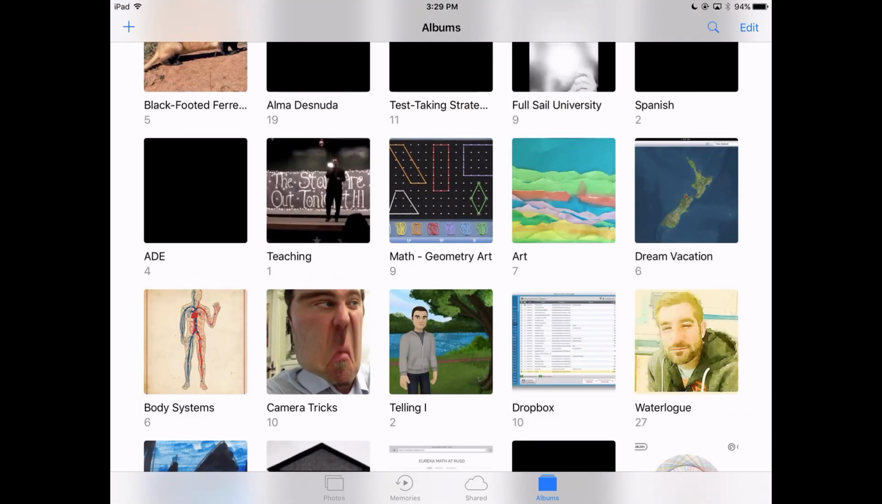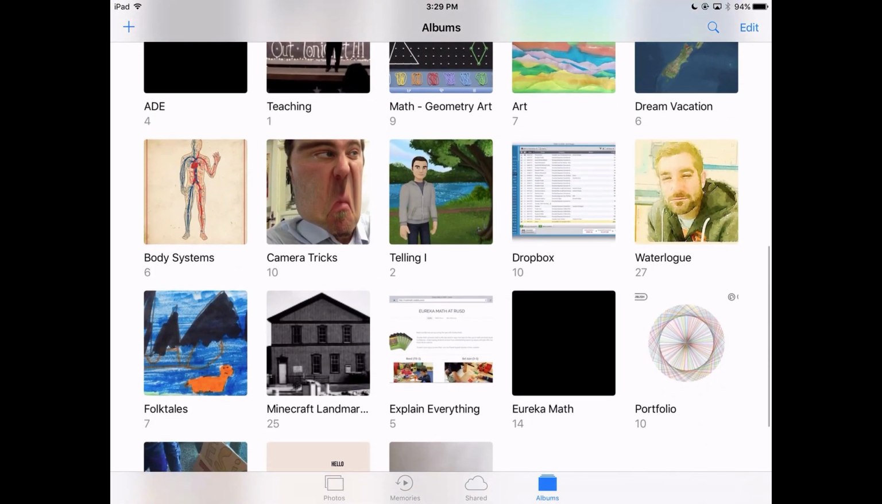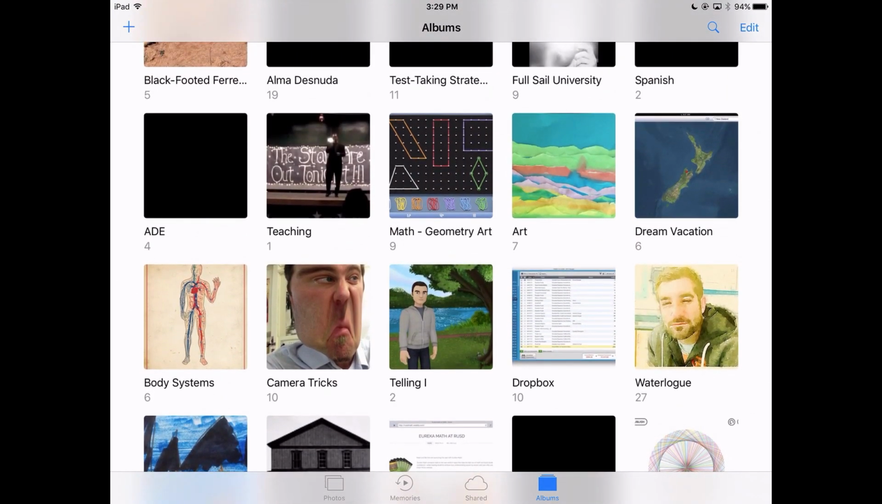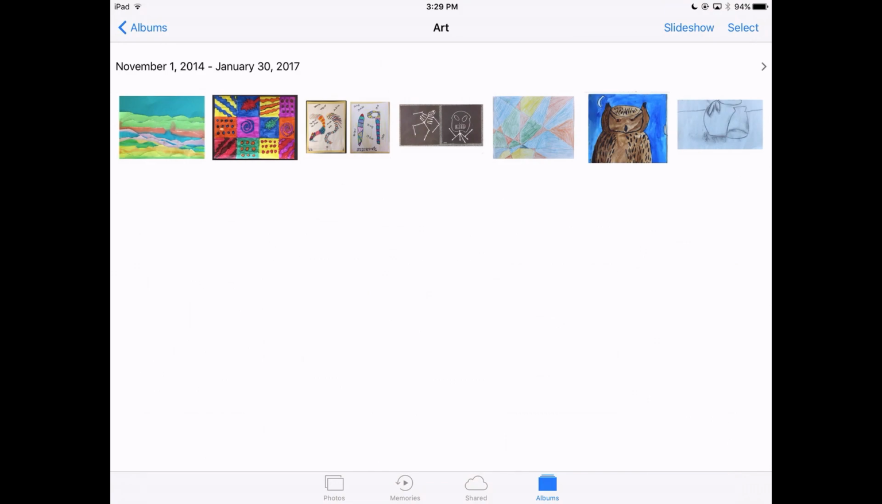And if you create an album, these are different albums I have, it can help to organize photos or video clips that you would like to use in an iMovie project. So for example, here I have art and I have 7